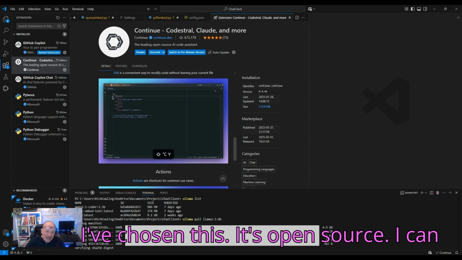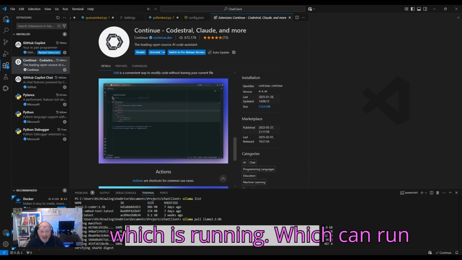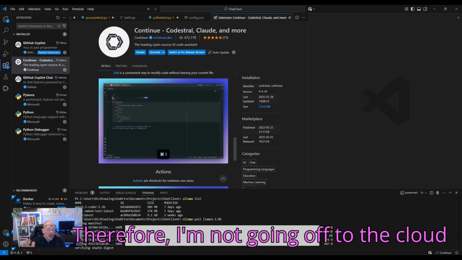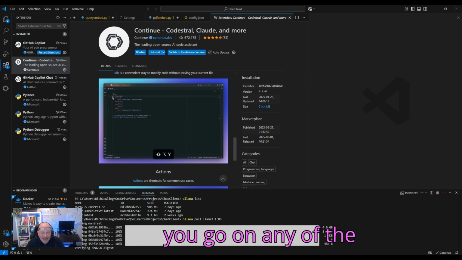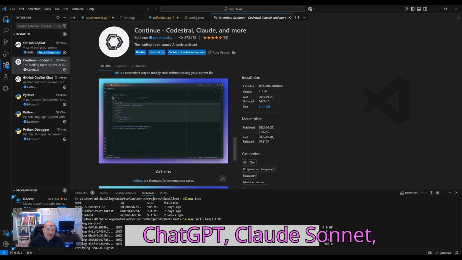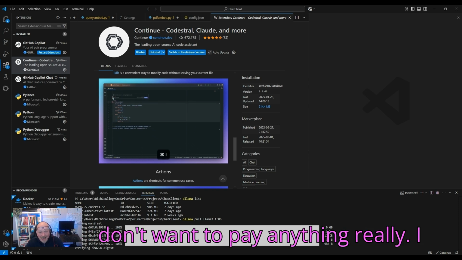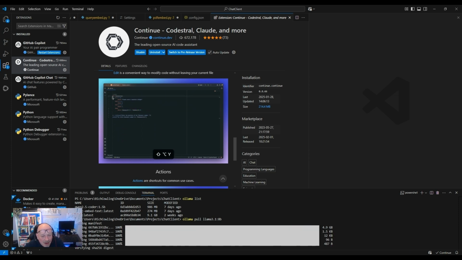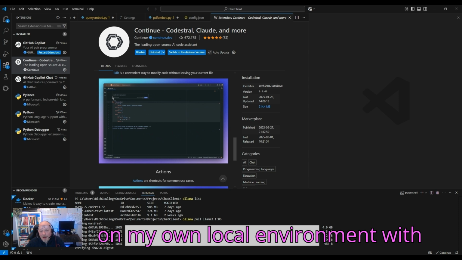It's open source. I can get it to talk to my Ollama service, which can run various different models locally. Therefore, I'm not going off to the cloud, and I'm not paying. I'm not doing pay as you go on any of the larger large language models that are available: ChatGPT, Claude, Sonnet, Gemini, or whatever. I don't want to pay anything really. I don't have any money, frankly. So I just need to be able to play to my heart's content on my own local environment